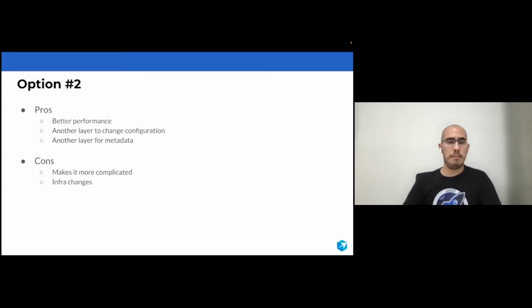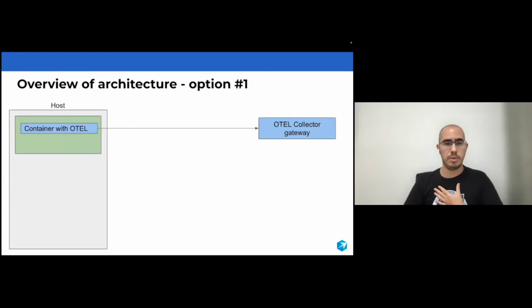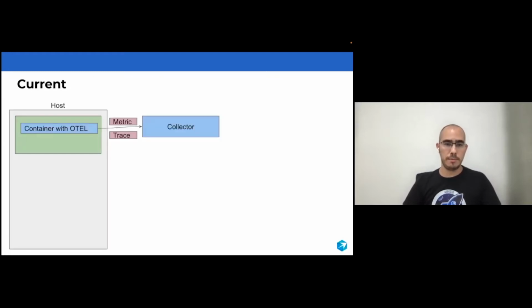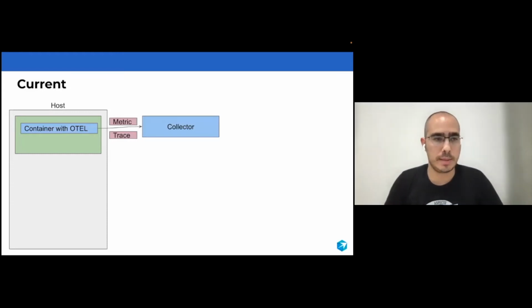So my suggestion would be to start simple, go with option number one, and once you have problems or you matured and you need this complexity, you can go to number two. So those are the two different deployments, and we'll actually go through both of them together. So I'll start with presenting you a simple application